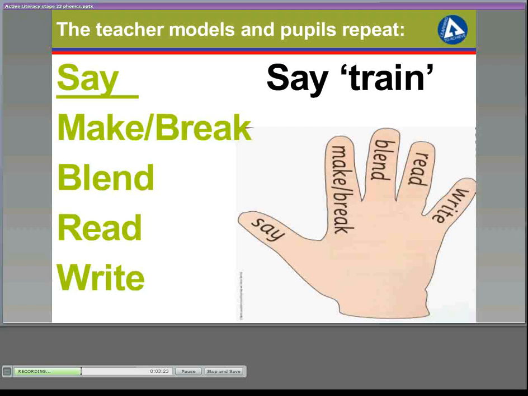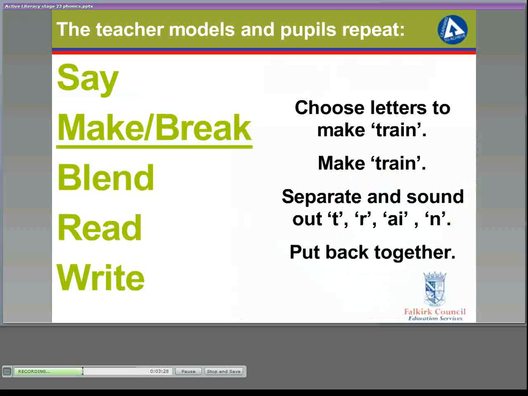So, for example, in this picture, you can see train. Throughout the activity, pupils will become familiar with this 5-finger strategy. The second part is make-break, where the children will choose the letters that they need to make the word. So, for example, this one is train. They will make the word train, and then separate and sound out the t, r, a, n, and then put